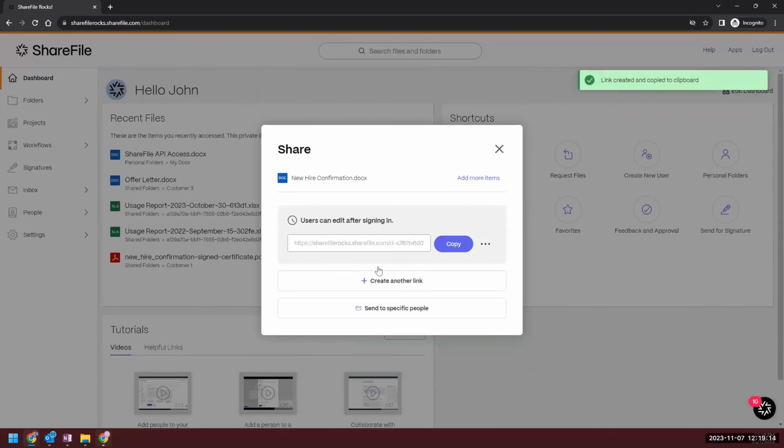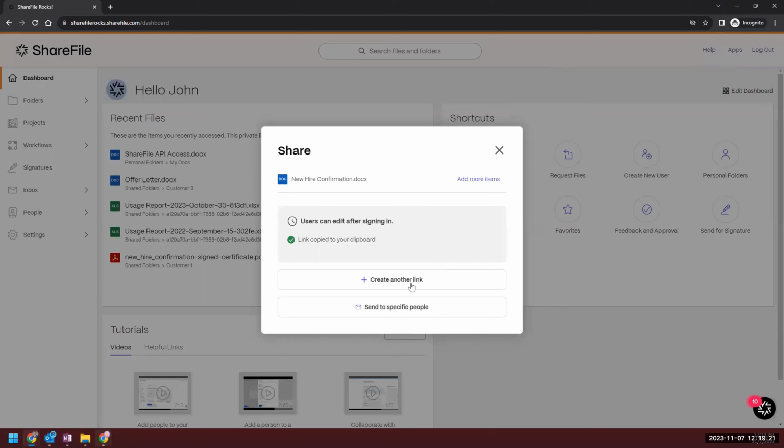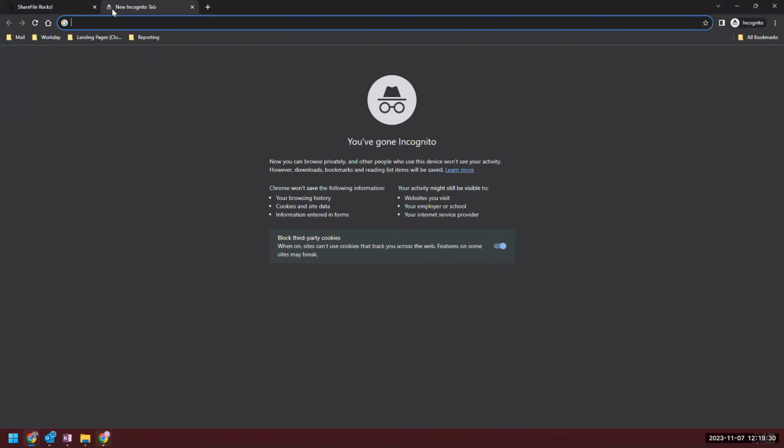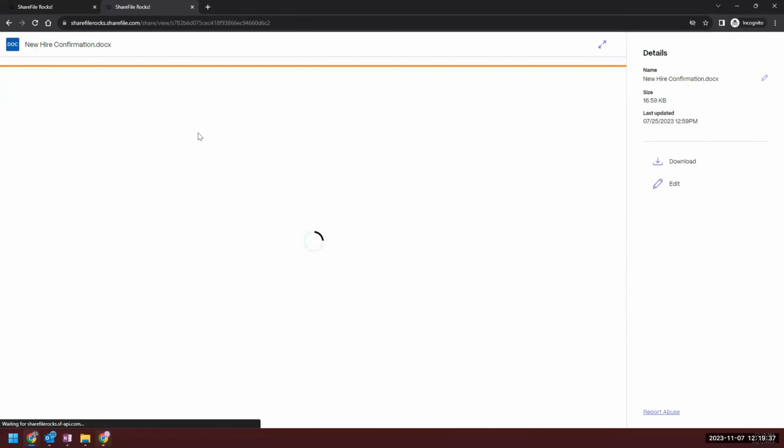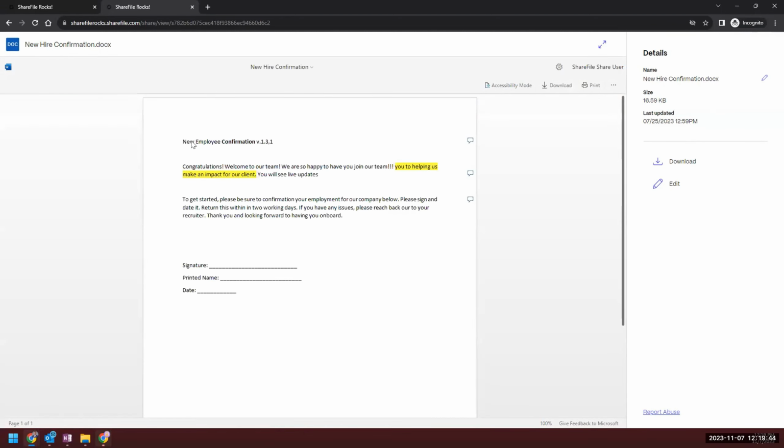So when I click create, you'll see down here, it'll create a unique link for me. And I can copy that, and I could use a messenger, like say Slack or some other messenger service, or email outside of even ShareFile to paste that in. And then when the client goes to that, now I'm cheating a little bit because I'm skipping the actual requiring login, because as you saw, I required them to log in first, but I'm already logged into my account. But once they do go past that initial login phase, they'll be able to access that link or that